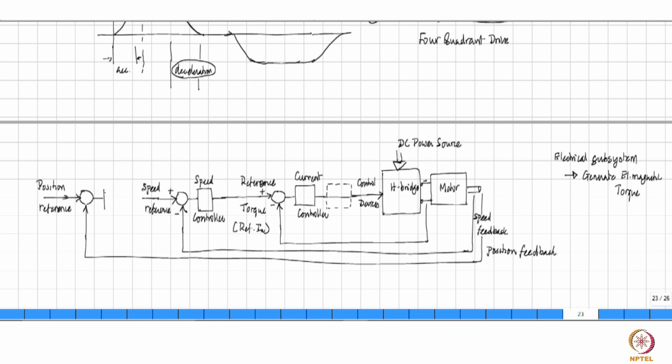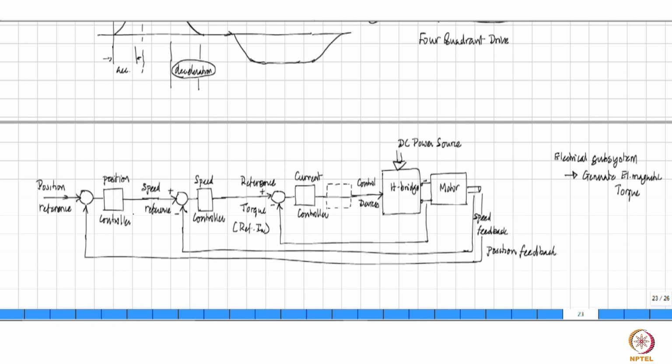And depending on this position error, a controller determines, this is then a position controller. This controller then determines with what speed it has to operate. If the error is large, then to go to that position, you need to go with a greater speed to reach that position, which in turn means a certain acceleration, and a certain acceleration means a certain flow of current, which then means a certain voltage. So all that is then subsequently addressed, right?